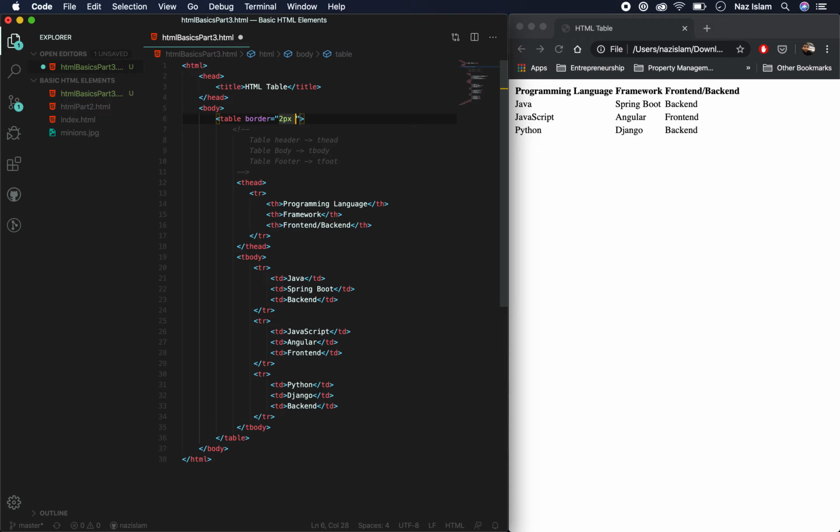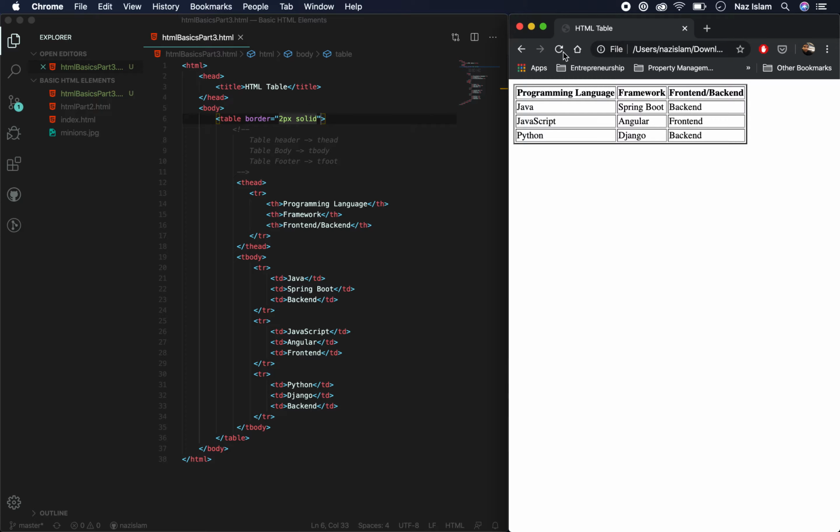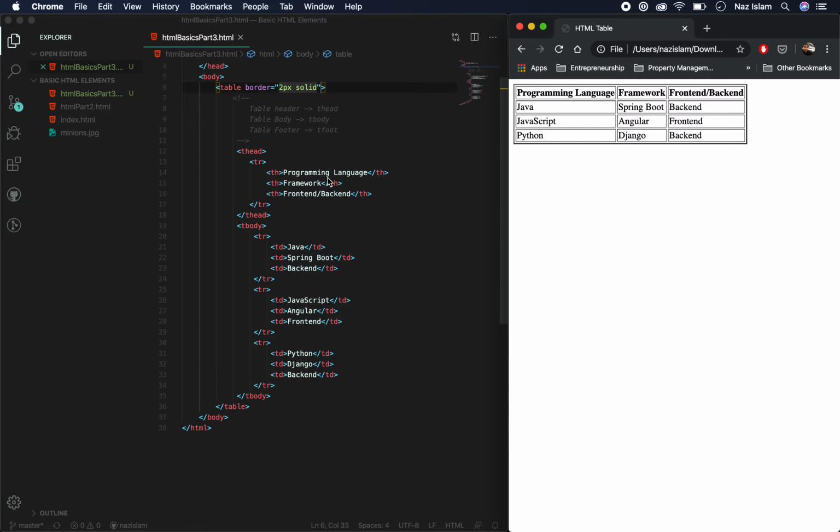Say for example this is 2 pixel and solid, we will have a solid border. I save that and I refresh. So you will see that we have a border around the cells, which is pretty cool, right? Okay, so at this point let's